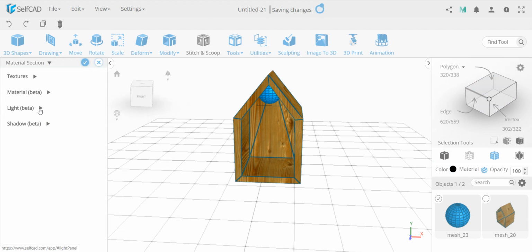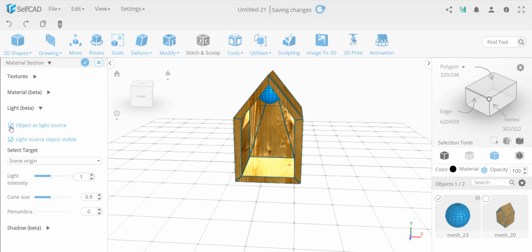I go over here to light. You see it's in beta. We're adding complete rendering, which will be coming soon. So it's just in beta. But you see now this is quite bright. So I'll play with the